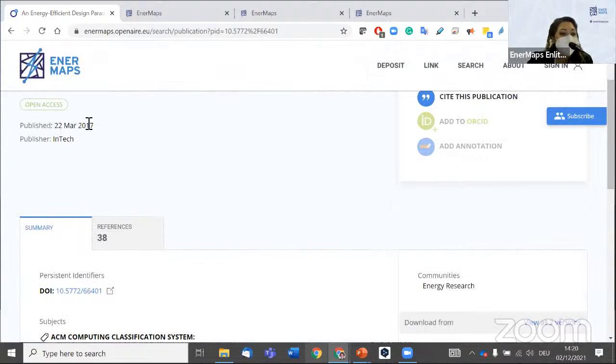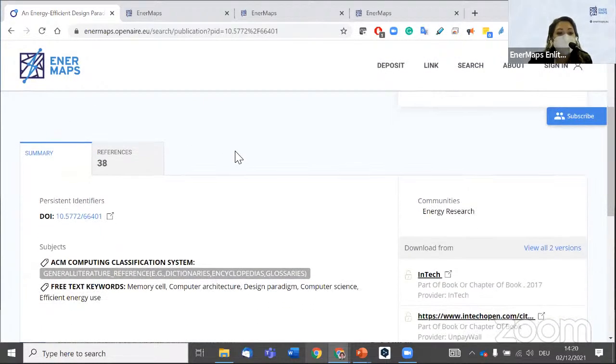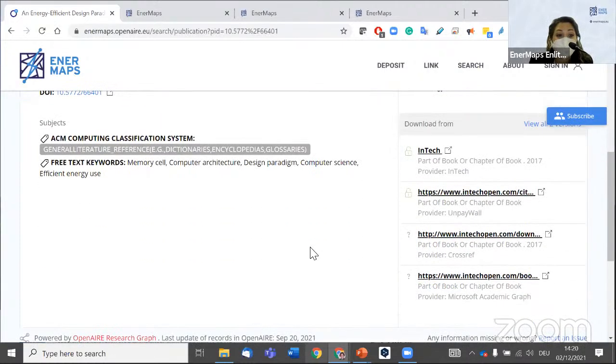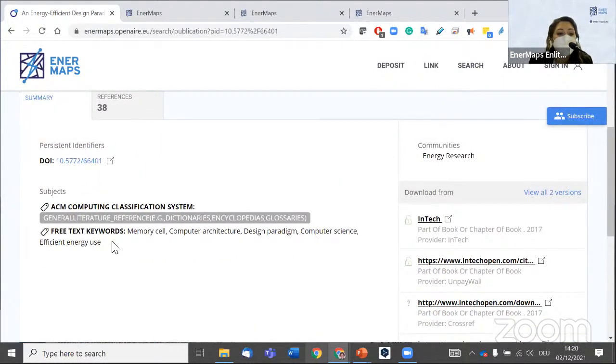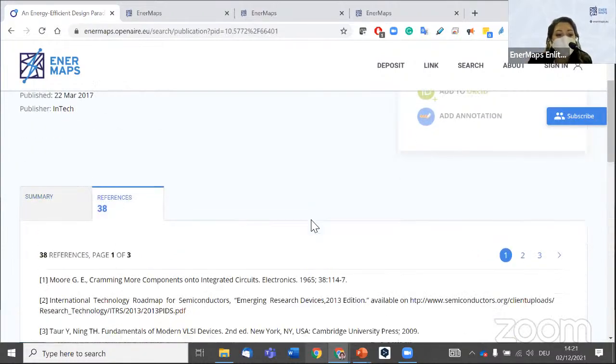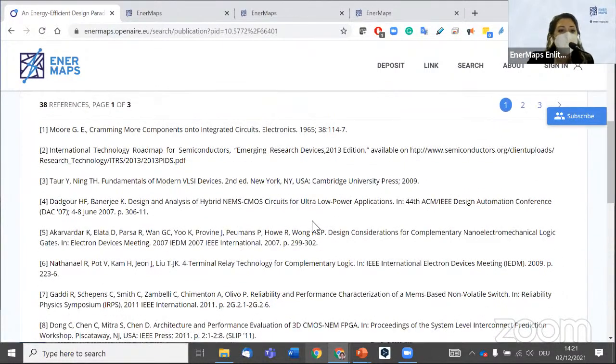And if we open one of the results, we have the date of publication and the publisher straight away, the DOI number, to the right a number of links where the publication is accessible, the keywords. And on the reference page, these are the references.